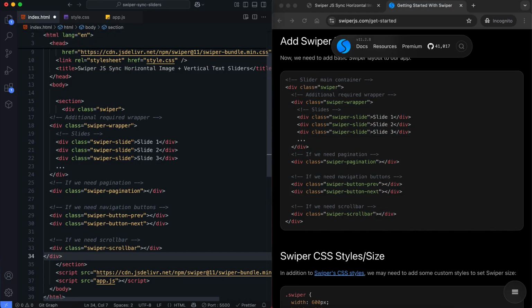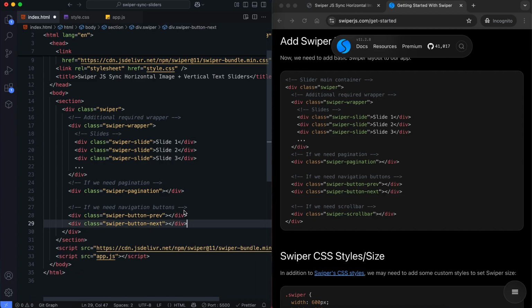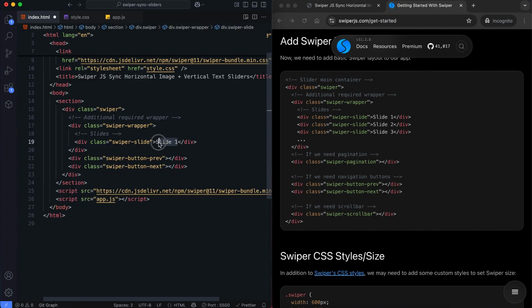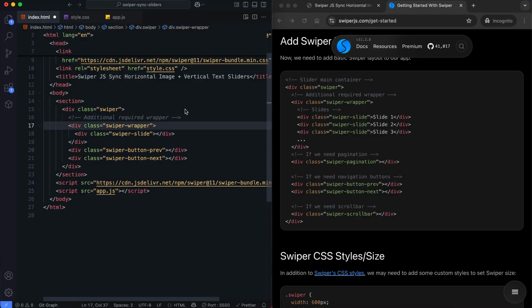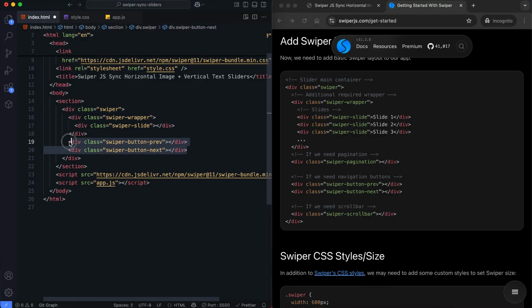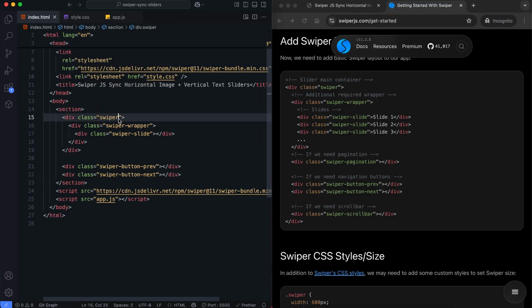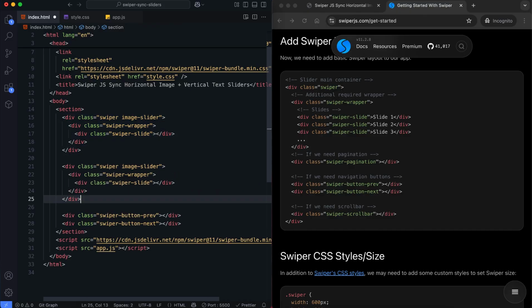Inside the section, we'll have two Swiper sliders and navigation buttons. The navigation buttons will be placed under the sliders. The first slider contains images and the second one contains text.